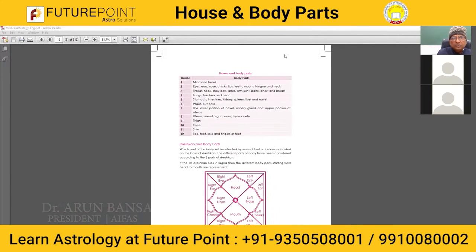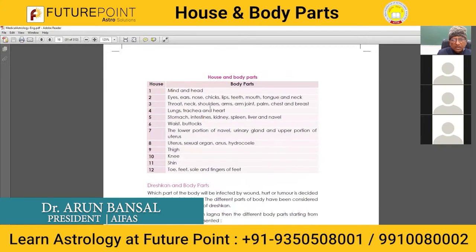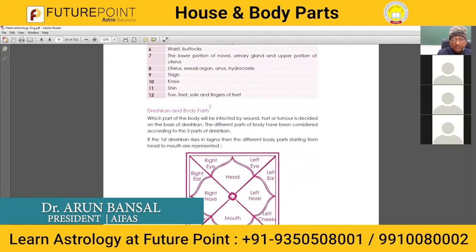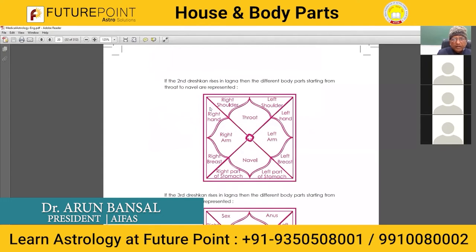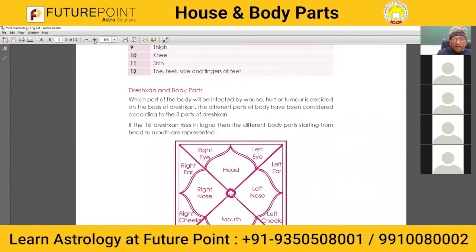According to the house, there is a difference. Sir, could you please zoom it? Sir, is it in the book or should we write it down? This is in a different book. You can buy it. This is not given to you. So, okay, we should write it now. Right. Yes.